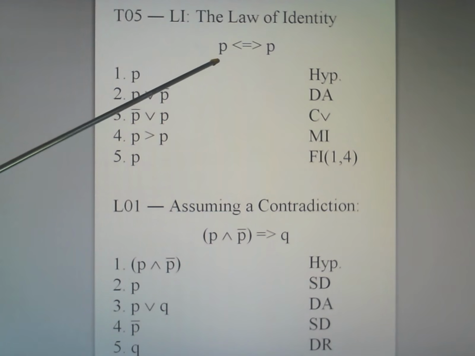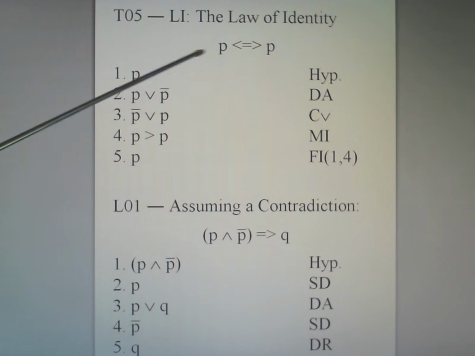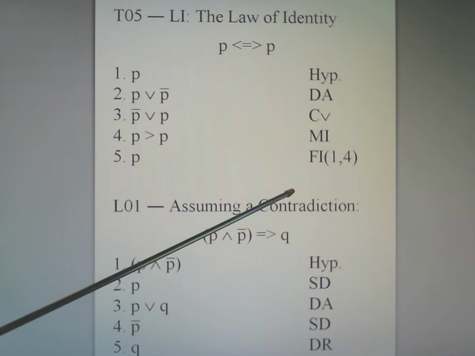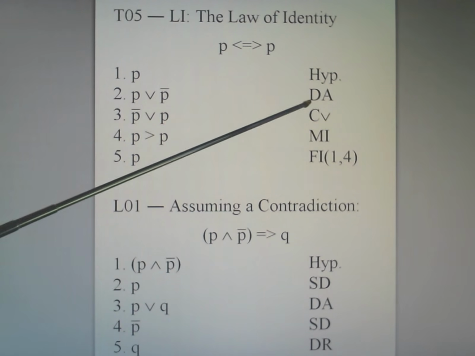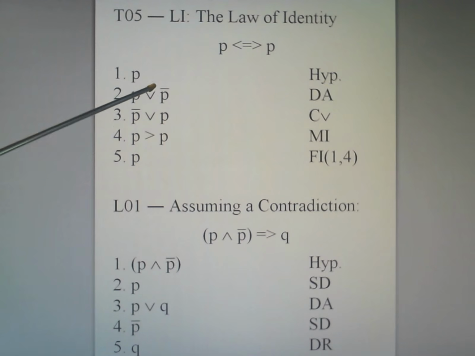So again, we'll start with one side and see if we can produce the other side. Clearly, as soon as we start with one side, we've got the other side. But we can also do that by applying some of our rules, right? So the first thing we apply, of course, we assume that P is true by hypothesis. But if P is true, an OR statement containing P will be true, and we can actually OR it with anything we want. This is called, again, disjunctive addition or disjunctive augmentation. And so I have decided to OR P, which is true, with not P, because P being true makes this a true statement. So if P is true, P or not P will be true, right?